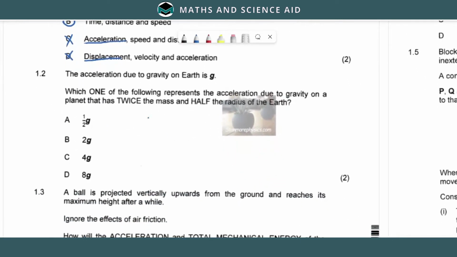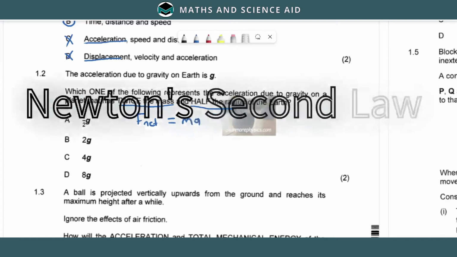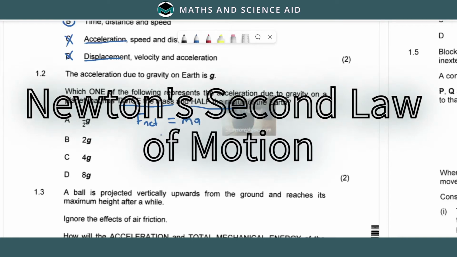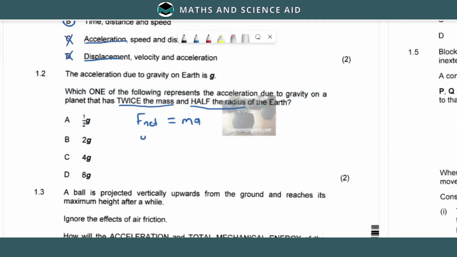And then 1.2, the acceleration due to gravity on Earth is g. Which one of the following represents the acceleration due to gravity on a planet that has twice the mass and half the radius of the Earth? Okay, so for this one, we can apply Newton's second law. F net is equal to ma, and so we want the acceleration. Acceleration is F net